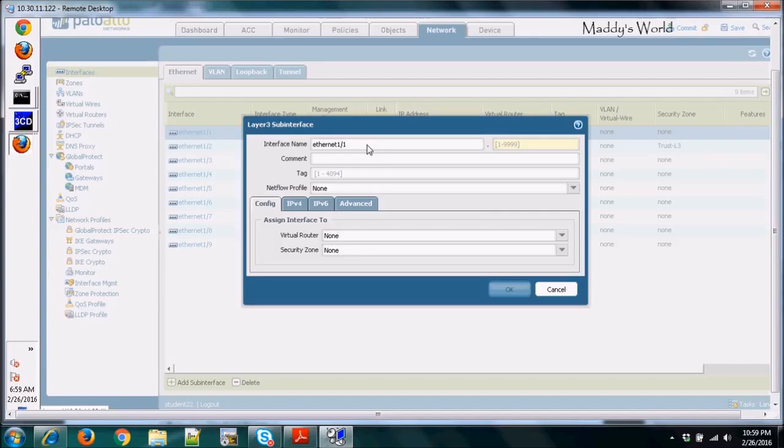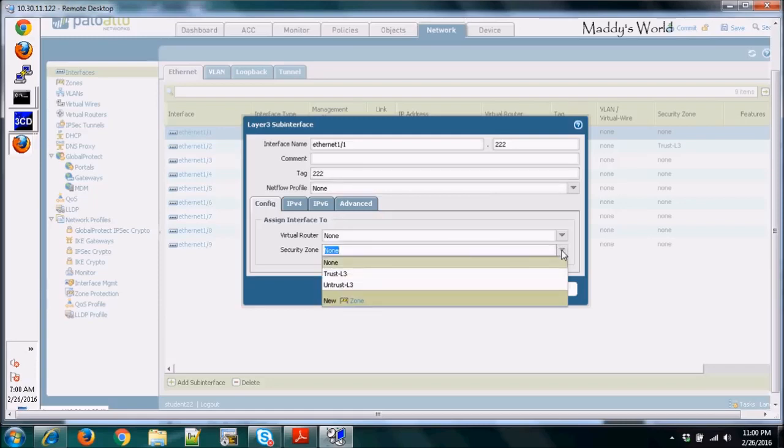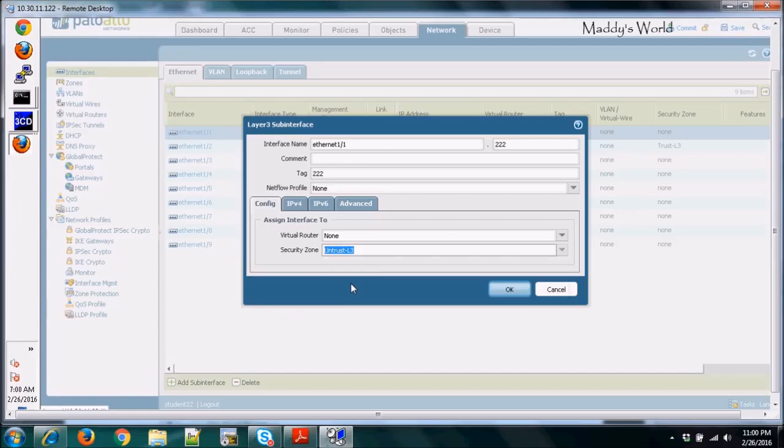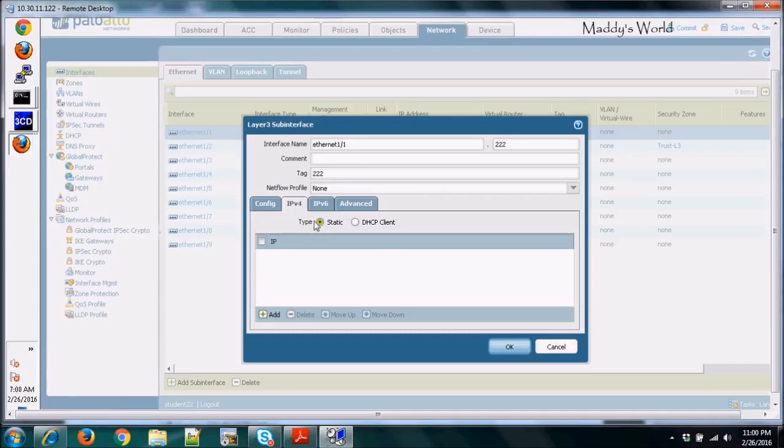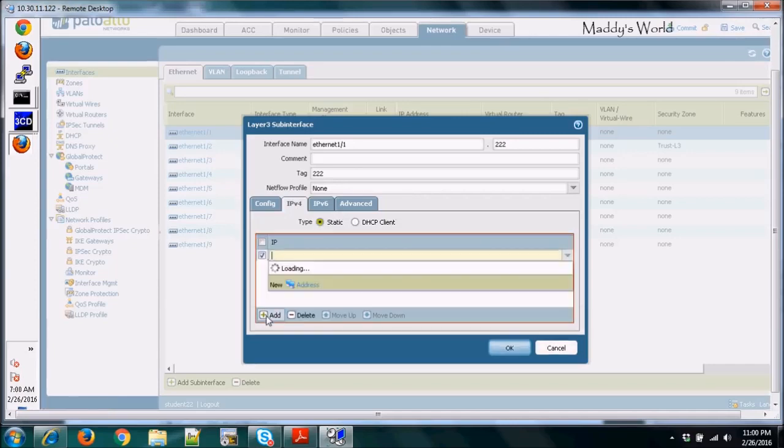Yep, this is the layer 3 sub interface. All we have to do is put the tagging in here, which is 222. Just make it the same for troubleshooting purposes. Then this one is Untrust L3, since this is the one that is facing the internet. IPv4, click static, and then add the IP address,